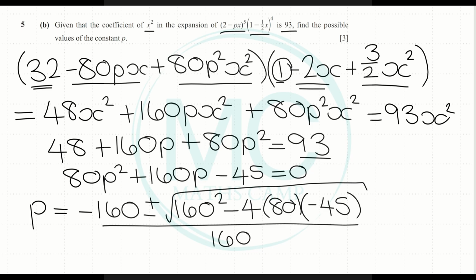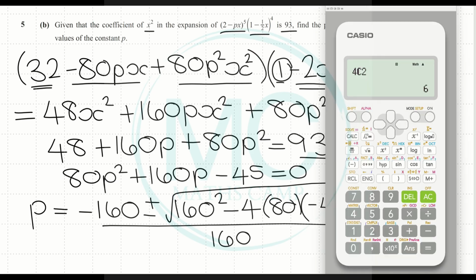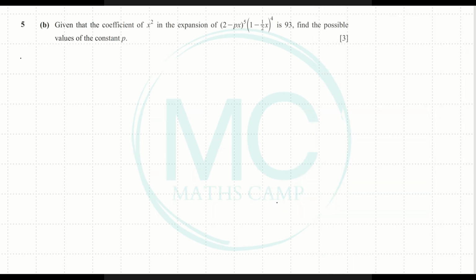Now we can take a calculator and say 160 squared minus 4 multiplied by 80 multiplied by negative 45 is equal to, its square root, and we get 200. Now I can say p is equal to negative 160 plus or minus 200 all over